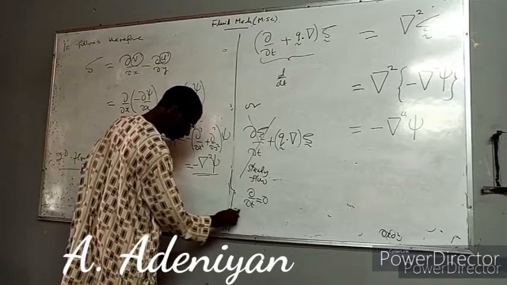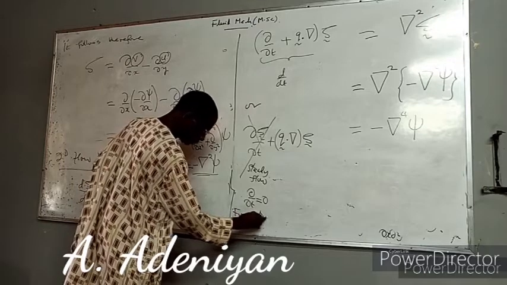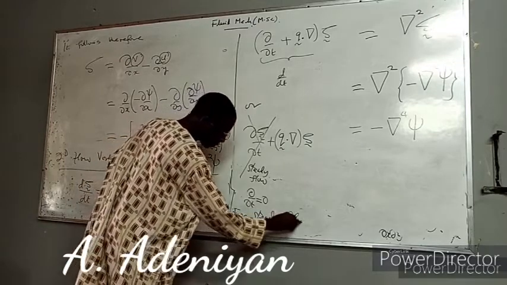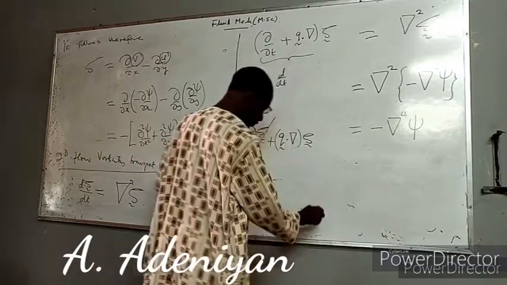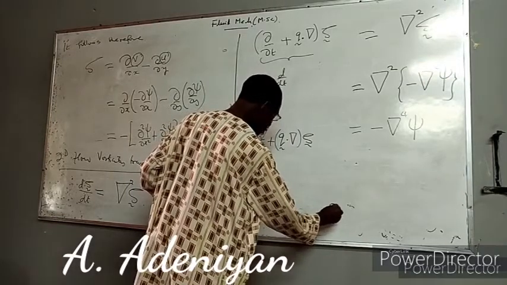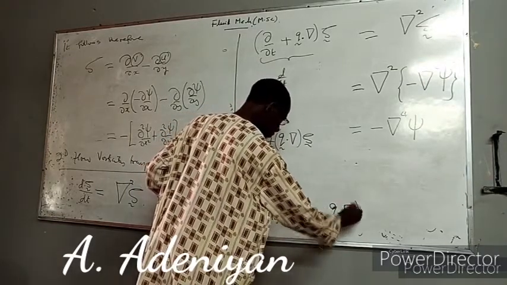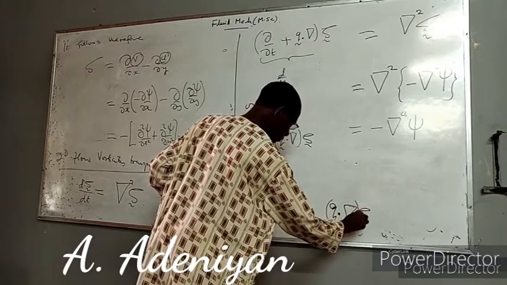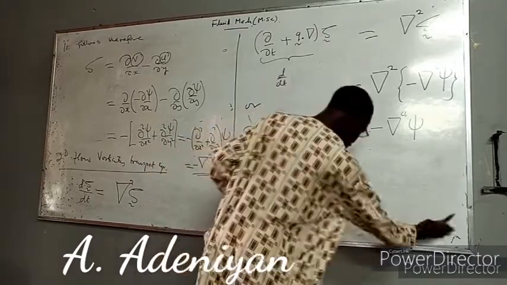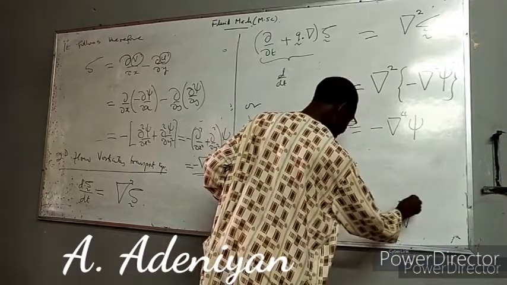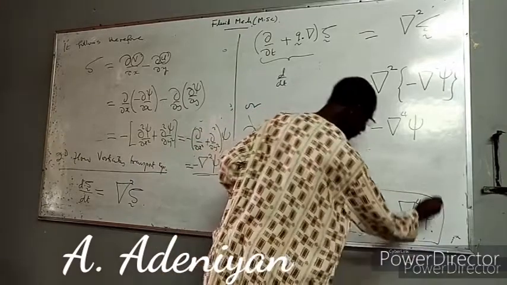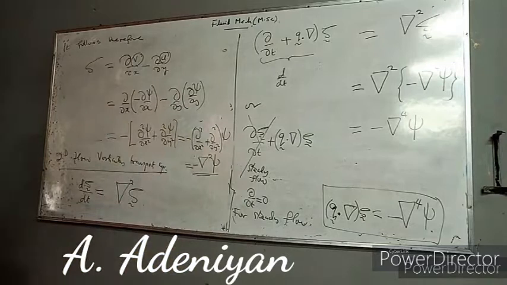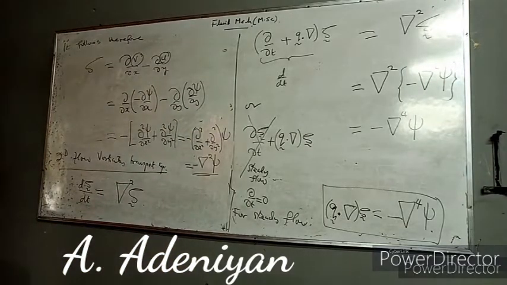For steady flow, therefore, we can write it as what? That means we now have q dot del zeta is equal to minus. Okay, this is also another form of vorticity transport equation in terms of the stream function,